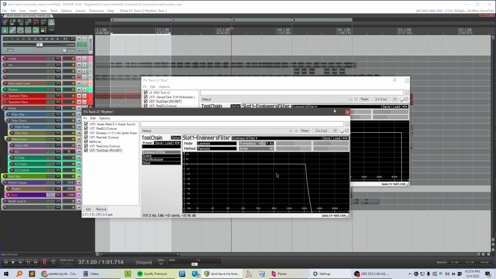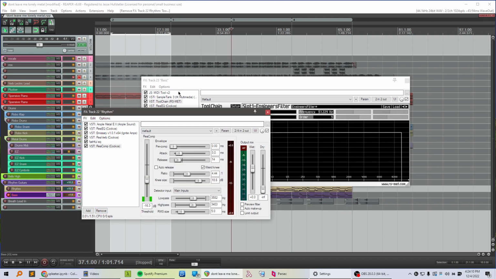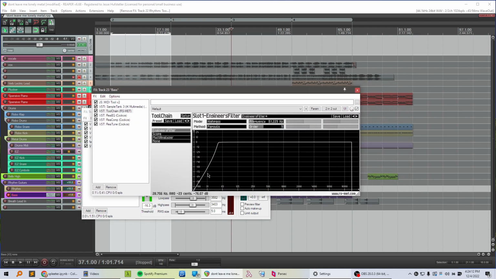I know how to write low pass and high pass filters and some other stuff. I know how to write a good brick wall limiter and a compressor, but I have no idea how to write this. I've tried to figure it out, and I can't figure it out. And it sounds so cool. You can do so much cool stuff with this. Anyways, something I was trying to do was chop off almost all the bass below, I guess 52 hertz must be what I picked.